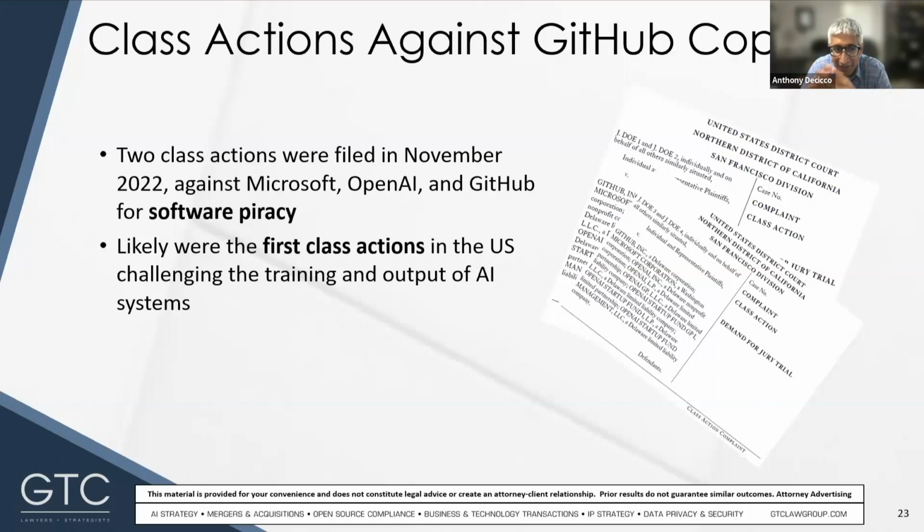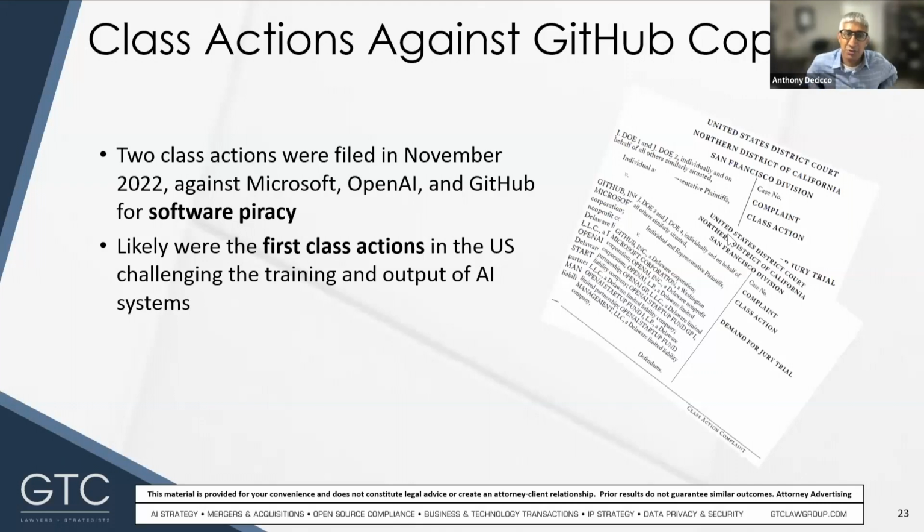Basically, the suits are for software piracy. The class actions were filed back in November. There were two of them. They were filed in U.S. federal court in San Francisco. The two class actions have been consolidated for purposes of discovery and motion practice. And these were likely the first class actions, at least in the US, challenging the training and output of AI systems.